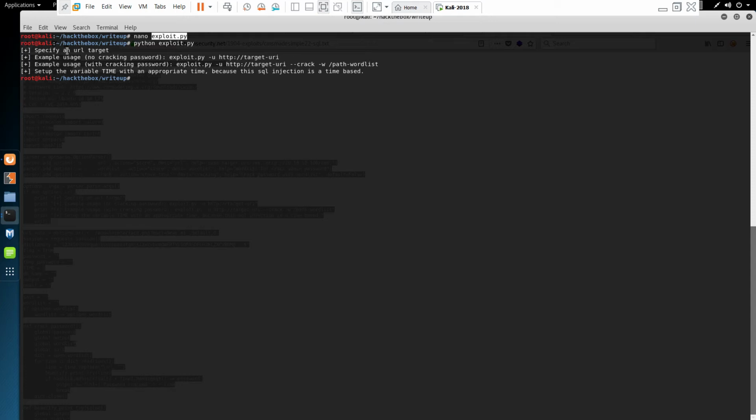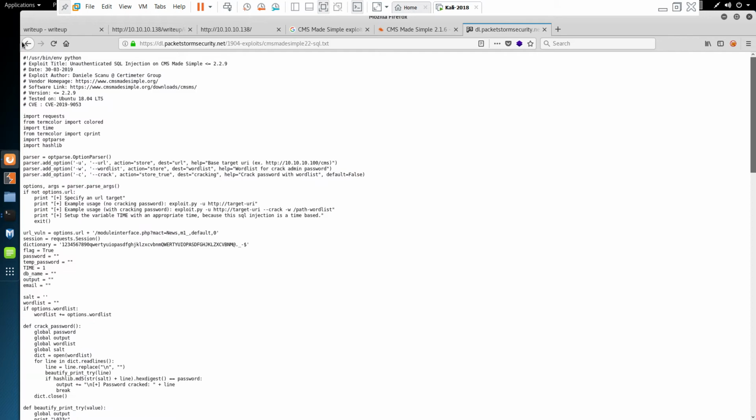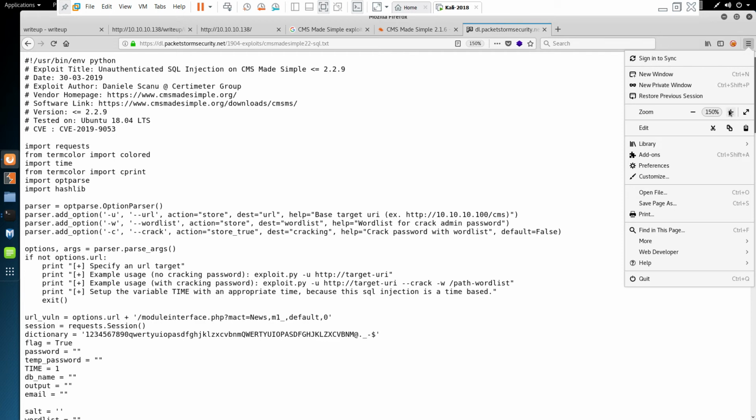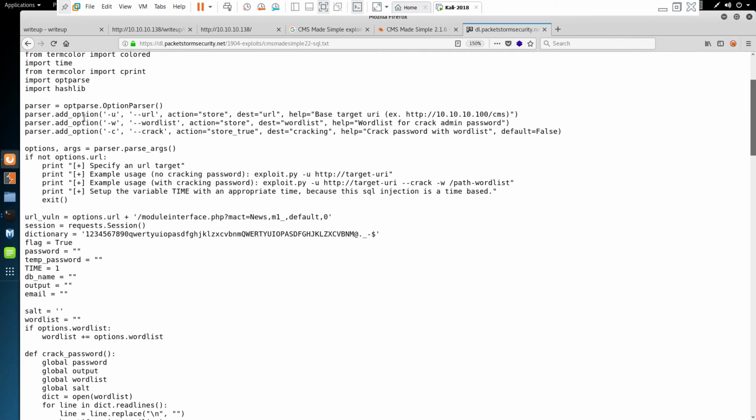So it says here, specify a URL, example with no cracking password, example with cracking password: the URL, and then you supply a directory word list. But let's go back into the script to see exactly what this script is doing. Let's see if I can zoom in a bit. Yeah, so if we go in here, we can see